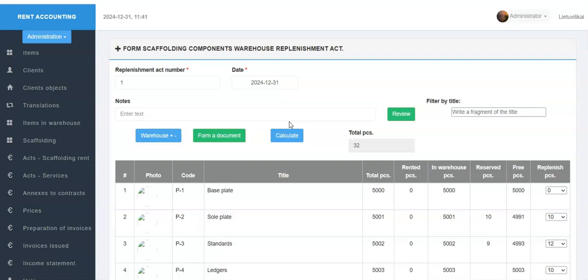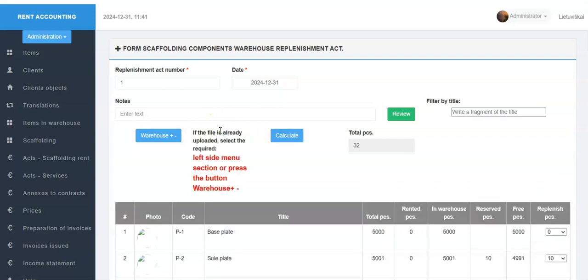If all selected or entered data meet the requirements, then by pressing the Form Document button, an Excel format replenishment file is formed.